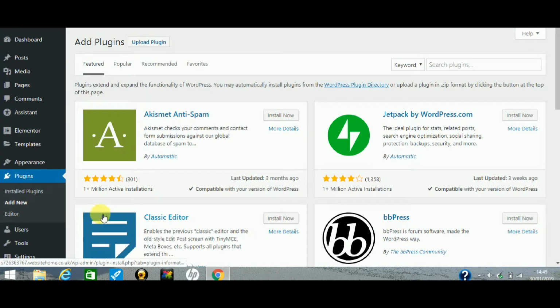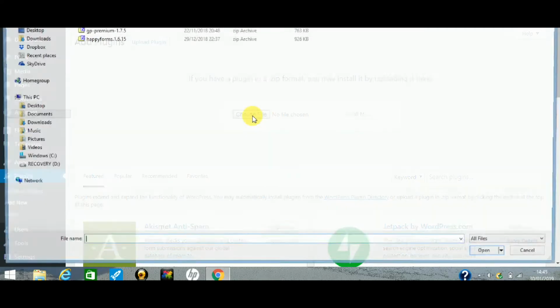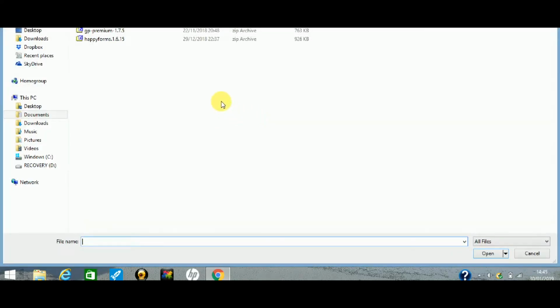Now this time we're going to go to the top where it says Upload Plugin and click on that, and then you'll see it says Choose File. So you click on here, you can then choose the file from your computer. Once you've found the file on your computer, just choose it,